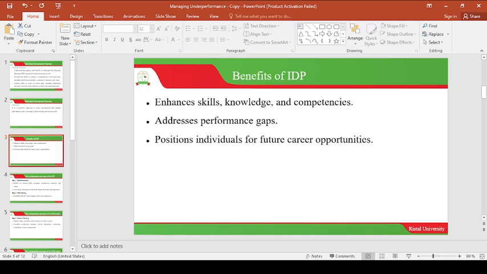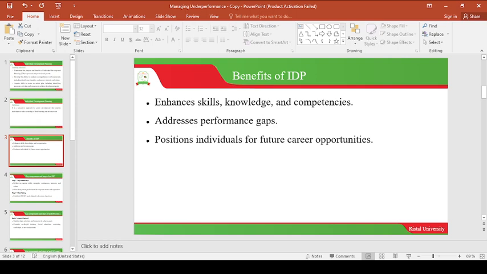People who have a diploma, their skills are almost limited compared to the one with the degree, because a degree covers a wider range of intellectual capacity and areas of professionalism. So by you taking the initiative to develop yourself, it means your skills and knowledge will be enhanced or improved.